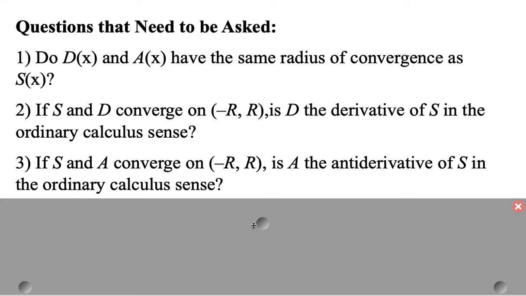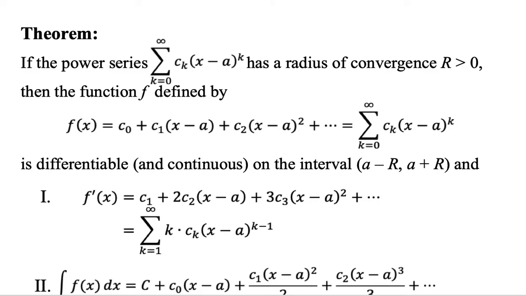Let's consider a theorem to answer these three questions. If the power series that we've just considered from k equaling 0 to infinity has a radius of convergence r greater than 0, then we can define a function f as f of x equaling c sub 0 plus c sub 1 x minus a plus c sub 2 x minus a squared, which is really the sum from 0 to infinity of c sub k x minus a to the k. We consider that that is differentiable and continuous on an interval a minus r to a plus r,